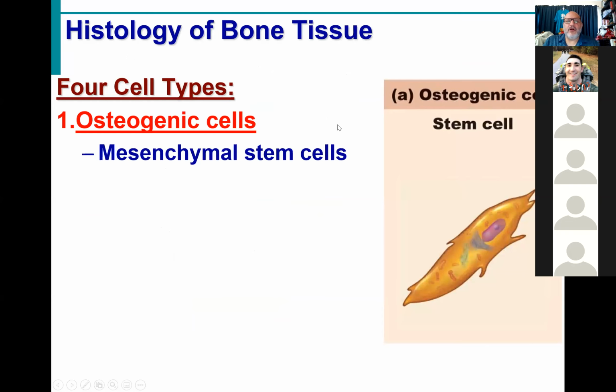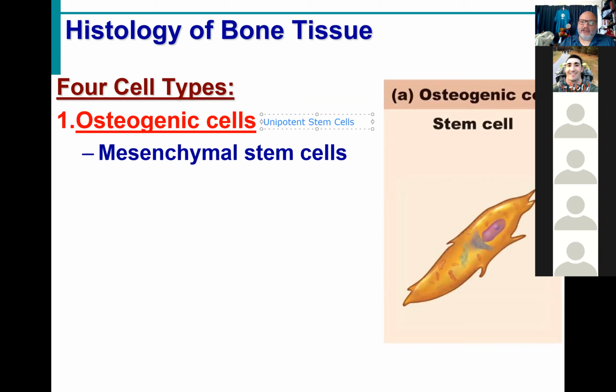The first are what are known as osteogenic cells. Osteogenic cells are unipotent stem cells. Remind me again what it means to be a unipotent stem cell? Excellent. These are stem cells, so they're undifferentiated cells that divide rapidly, and these osteogenic cells can become one thing